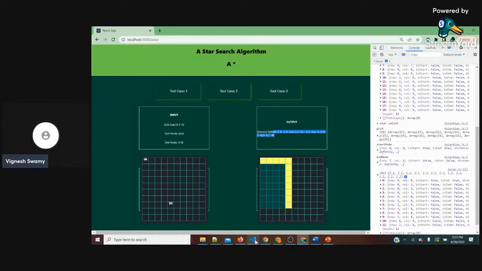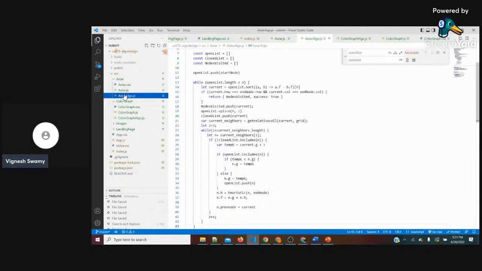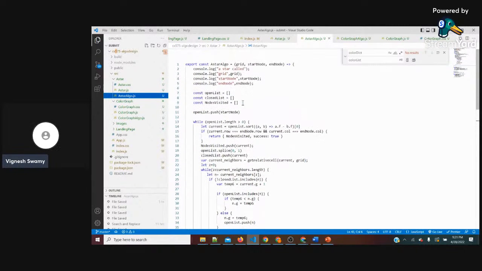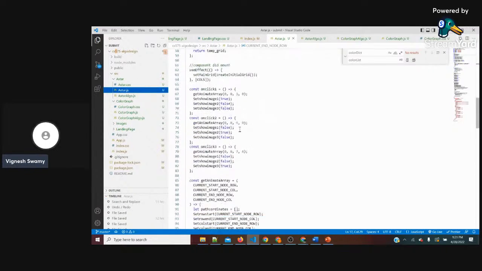Let me walk through the code parallelly at the same time. And this is the code which I have generated for the React application with JavaScript. So this algorithm is basically having all the inputs, test cases, everything designed here. So based upon the click,